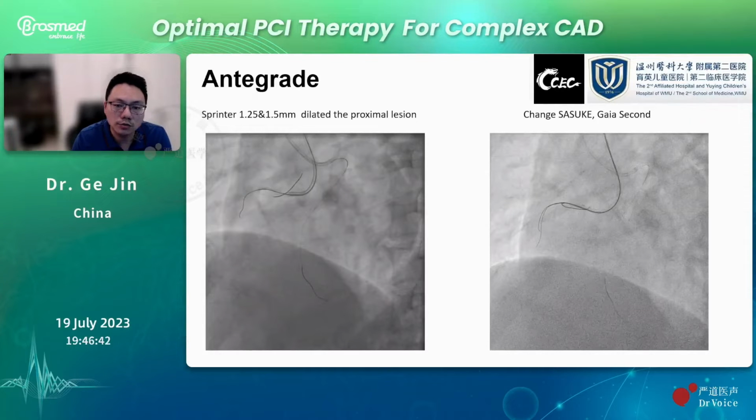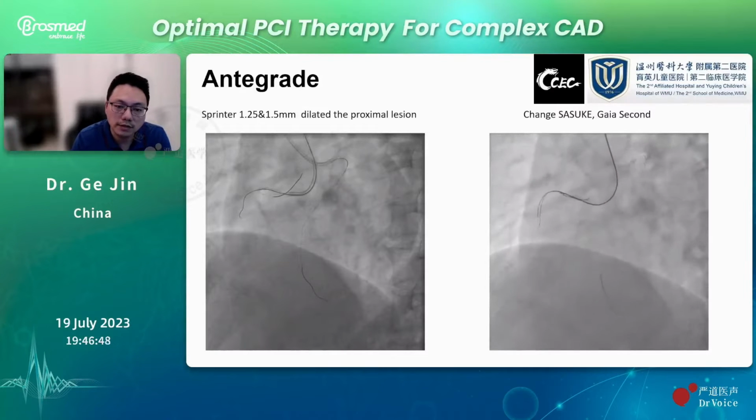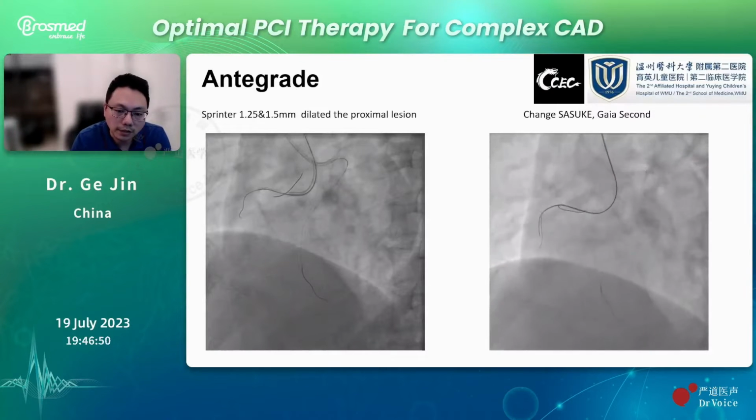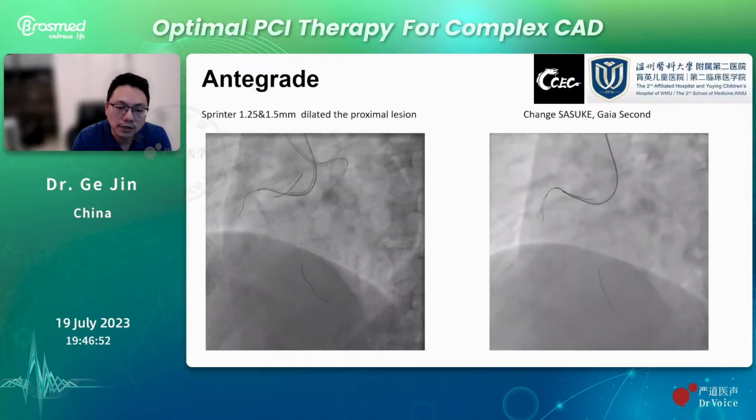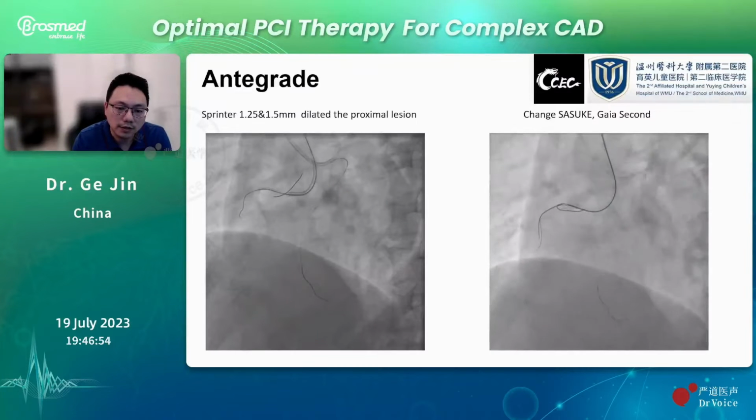And we change it to Sasuke. It's a dual lumen catheter to use the Gaia Second to do the parallel technique. So fortunately, it keeps going, and